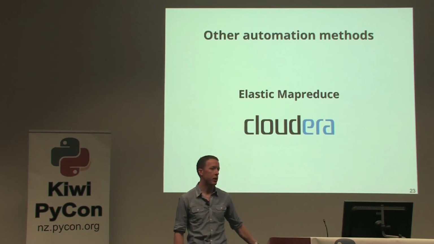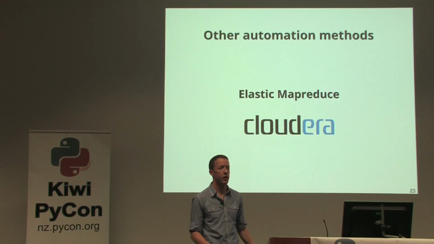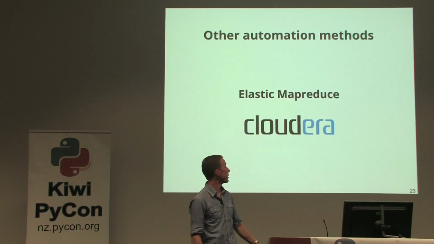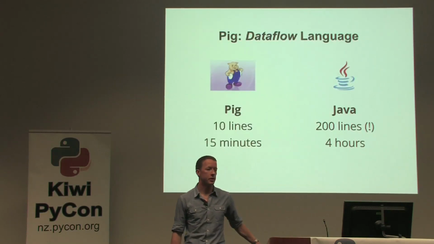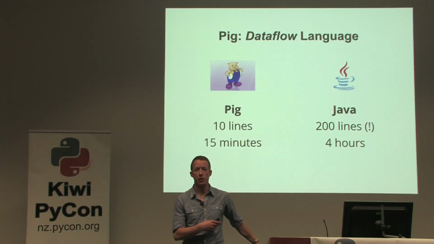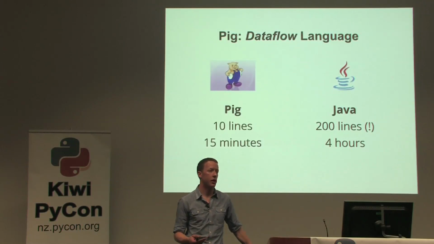Cloudera is an amazing open source company. They sell upgraded services. They also produce a graphical cluster manager, which is really awesome if you want to use 3 or 4 machines on an ad hoc basis. And it will skip Apache HBase, which is a column store database. Pig, which you may have seen before, is a data flow scripting language. It lets you write MapReduce programs in Java in an incredibly concise and easy way. 10 lines of Pig converts to 200 lines of Java code or more, and the development time is incredible.